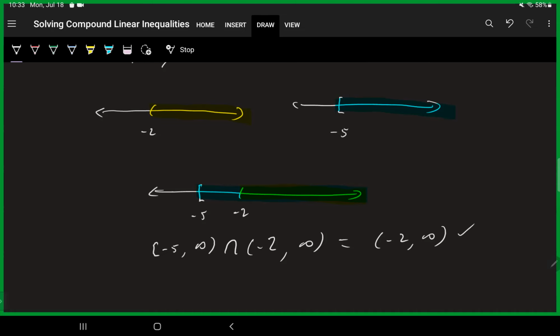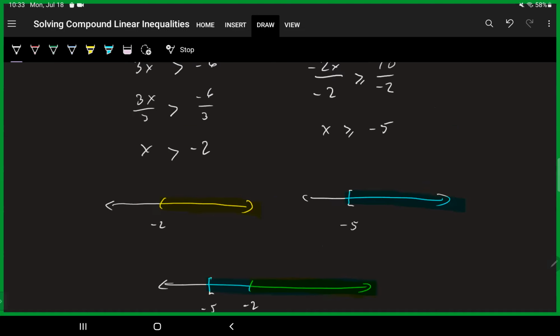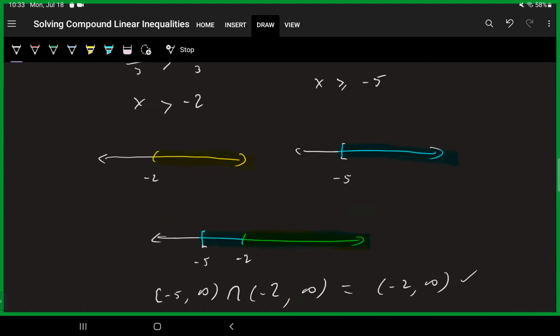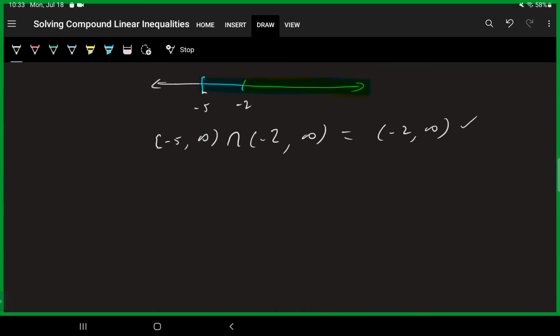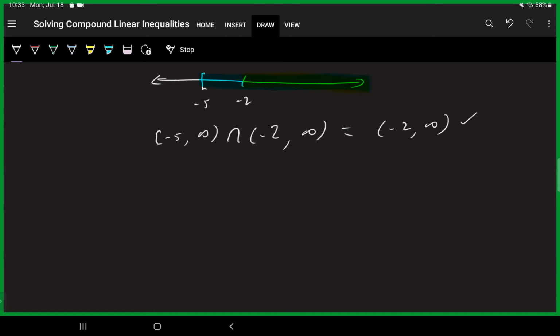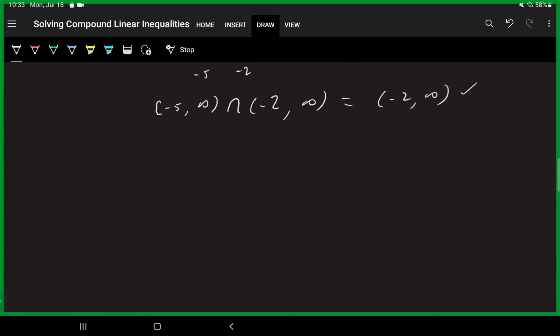So when we have union and intersection, we're going to treat each inequality as one, and then we're going to combine them at the end. And the other type of inequality that you're going to see is a compound inequality where it has two inequality symbols. So recall, if I have A less than X less than B, that A has to be less than B. These only can go in one direction. We could also write B is bigger than X is bigger than A. It doesn't really matter as long as the logic flows.